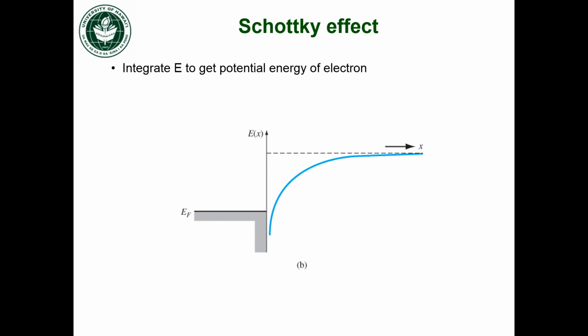That looks like this. Okay, so here's the metal, here's the semiconductor. I'm plotting energy now on the y-axis. X-axis is still distance through the material. So the potential energy of the electron looks like this blue curve here. If we add up the effects of this potential energy of the electron and the electric field that's there due to this image force,